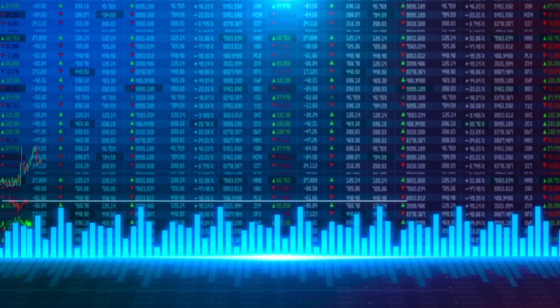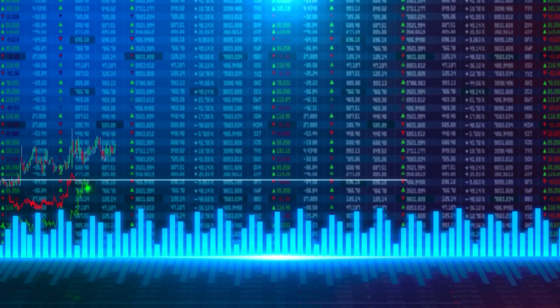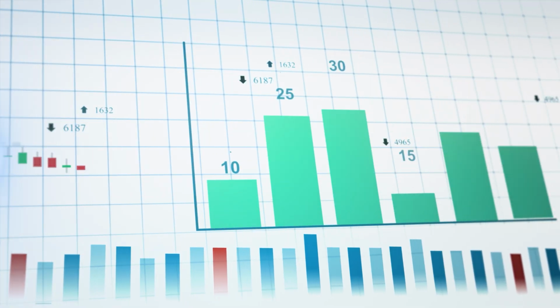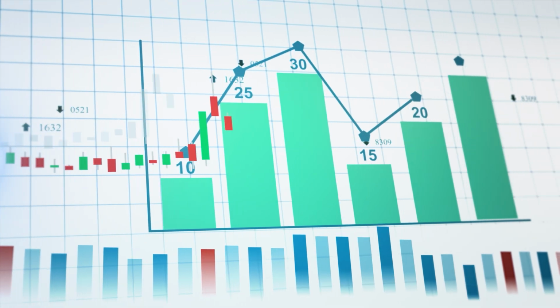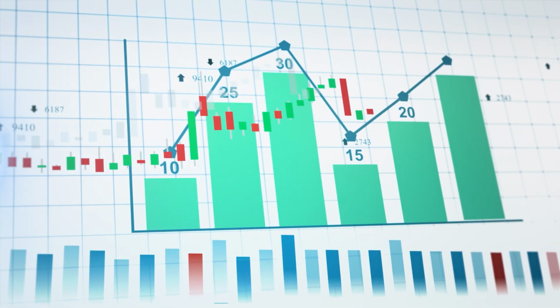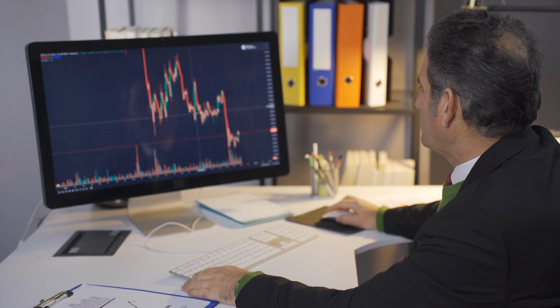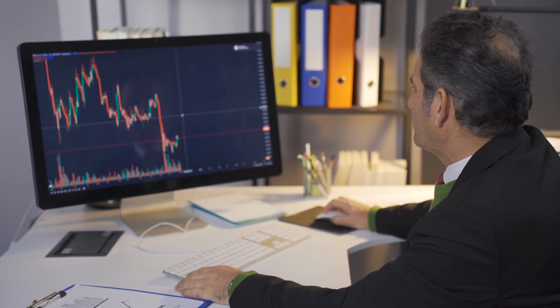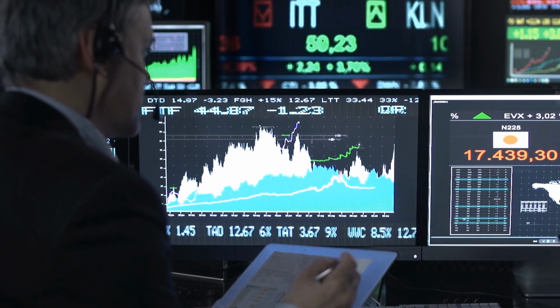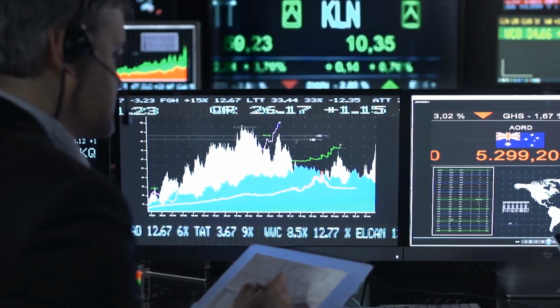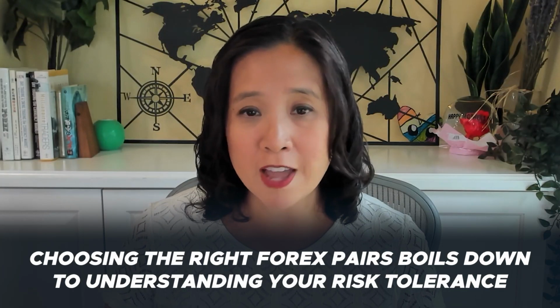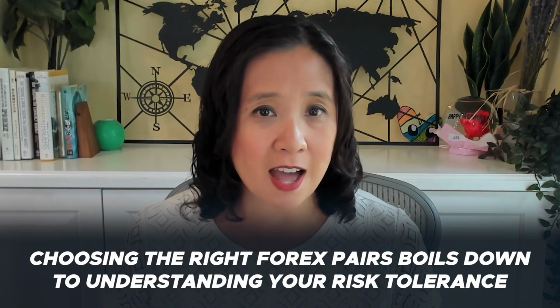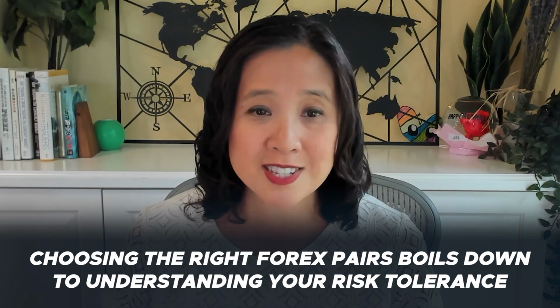A good tip for this is to look at the economic calendar that just came out, what came out overnight or in the morning. If there's a very strong or weak piece of data from one country and nothing from the other, and the currency is reacting the way it should instead of ignoring the data, there could be some nice continuation moves. To sum it up, choosing the right Forex pairs boils down to understanding your risk tolerance, knowing